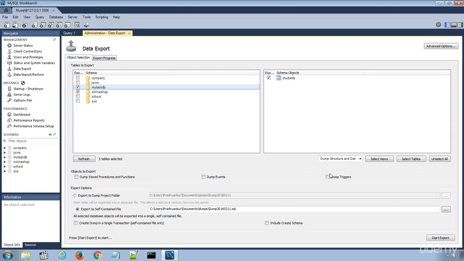In this drop-down setting, we can select dump structure only, dump data only, or dump structure and data option. The dump structure only option will save only the table structure, that is, the database columns and data types defined by us, while the dump data only option will save only the inserted rows in the tables. Let's choose the dump structure and data option to save both table structures and the data rows in them.